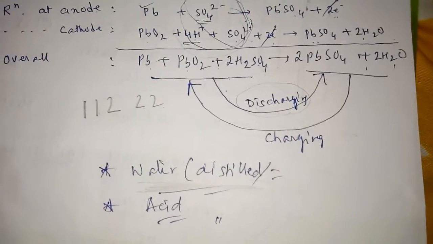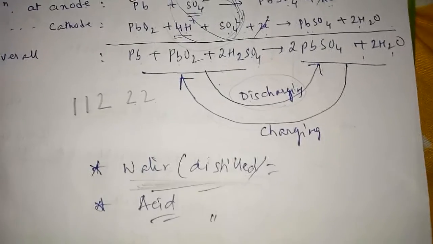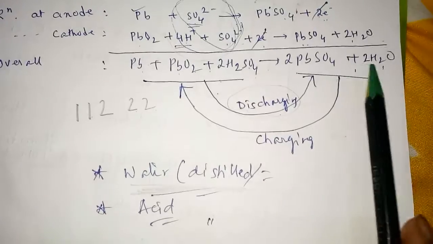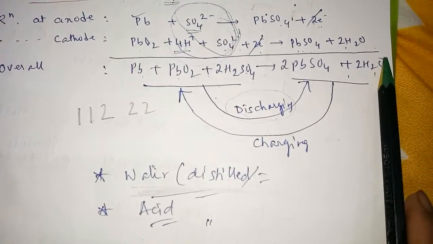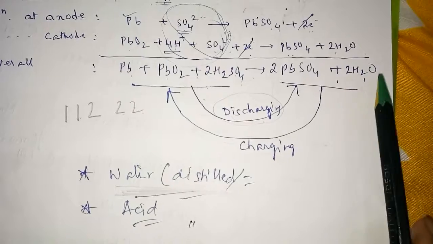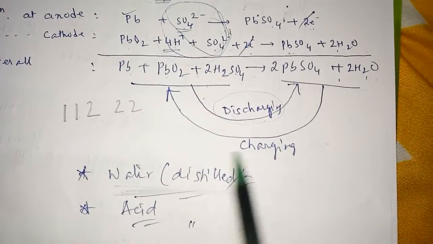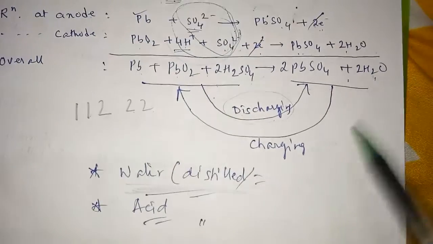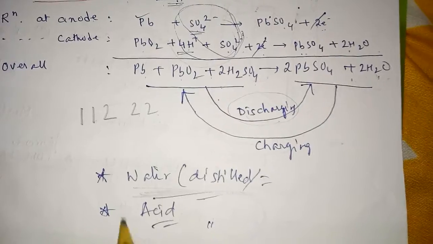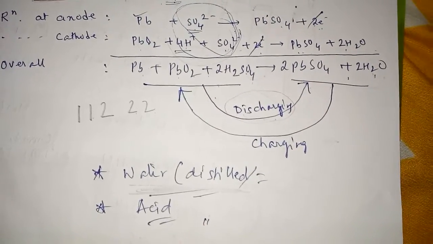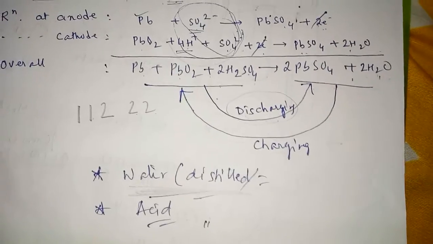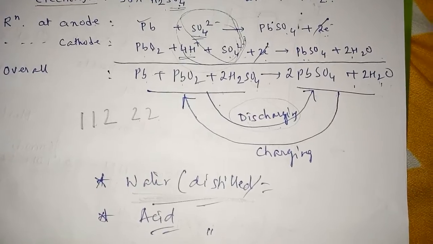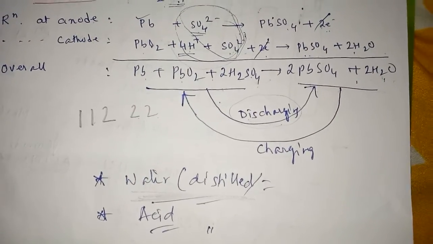we know that every 4 to 5 months you have to add distilled water again and again. The reason is that when the reaction is going on, the water gets electrolyzed to give hydrogen and oxygen gas. So when charging is going on, the water gets electrolyzed to hydrogen and oxygen gas and hence is lost by evaporation. Sometimes you have to add acid. Generally in bike batteries and car batteries you have to add acid, because of mishandling there may be loss of acid. So that is what we have learned today, and whatever is in the notes you have to write down. Thank you.